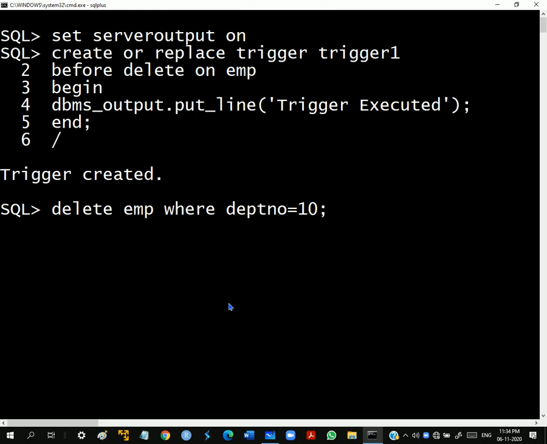The trigger is going to be executed for one time. When the trigger is executed, we get a message called trigger executed. Generally, when you delete a record, we get a message like 5 rows deleted, 3 rows deleted, 1 row deleted. But along with the number of records affected, it will also display the message trigger executed. You can see very clearly, 3 rows got deleted, and we got a message called trigger executed